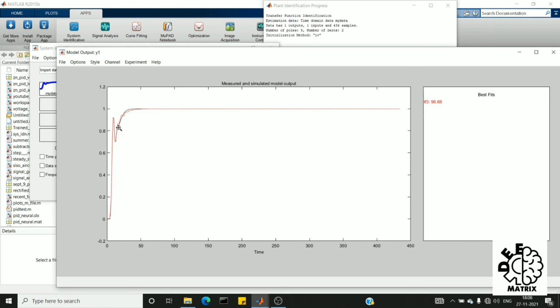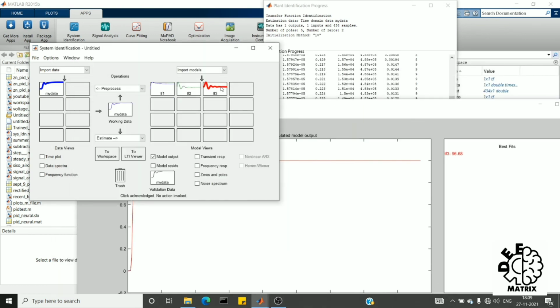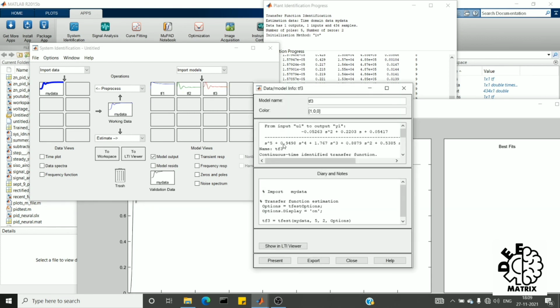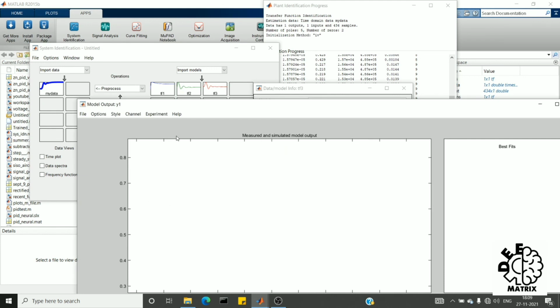There is some mistracking, but it is more or less equal. So let us see what the transfer function is. This is the transfer function of the red color one, and it is very good compared to the last two transfer functions.